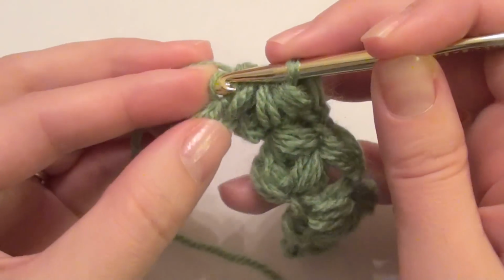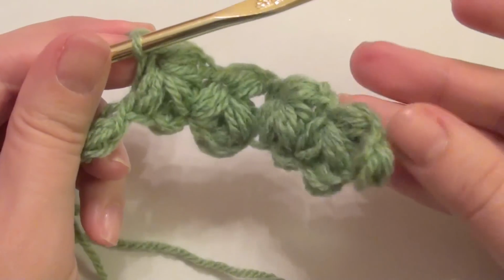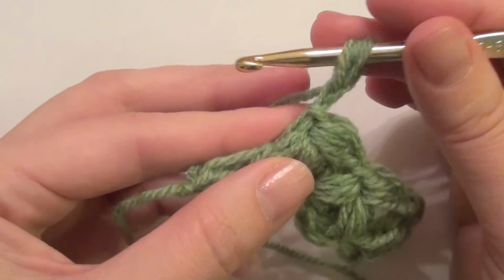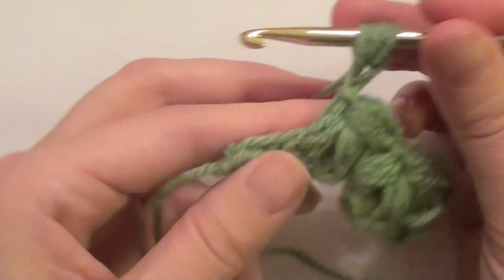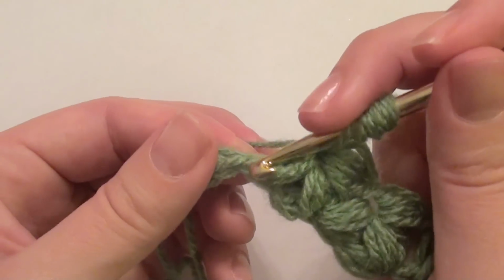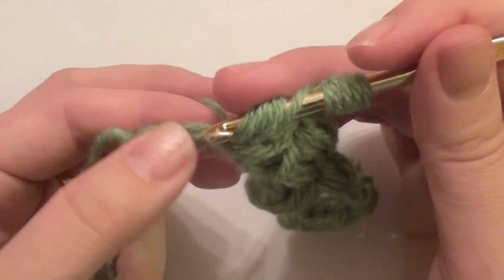place your hook through that loop you held on to, yarn over, pull through 2 loops, chain 1, pull up your yarn, 1, and then this is 2, and then 3, and then in between here you're going to do the same thing, 1, 2, 3,